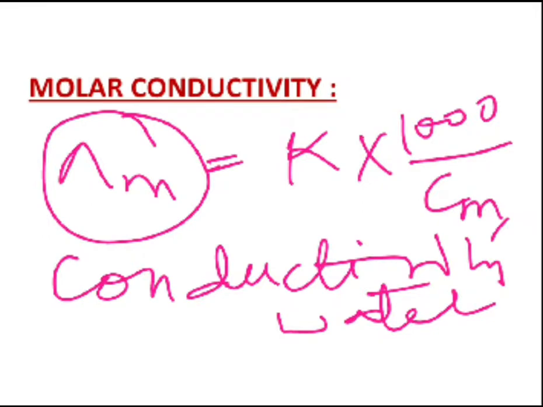Okay, or if you are not having a conductivity water, alternatively what you can do is, you can find out the resistance of the water which is used for preparing the solution, and then you can just subtract that resistance of water from the resistance of the electrolyte used for making the solution, right? And then you will be in a position to get the exact resistance of the solution. Is it okay? I hope the complete concept about experimental determination of different types of conductances is very much clear to you.